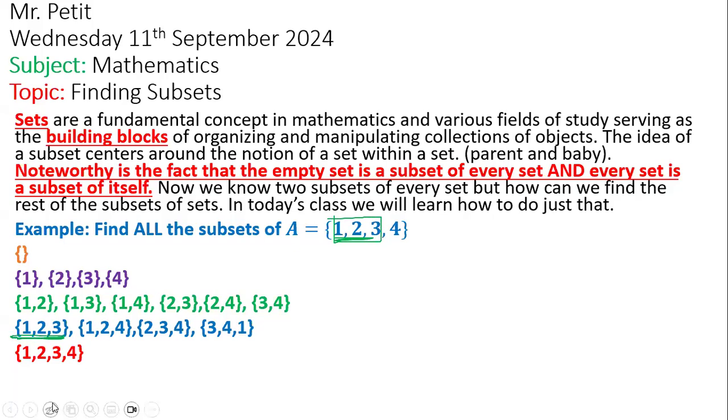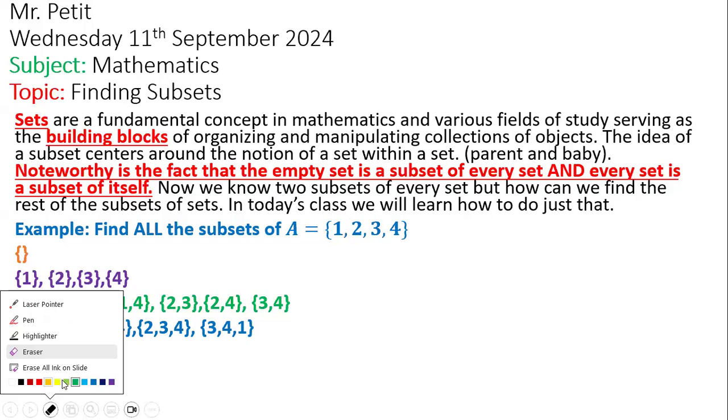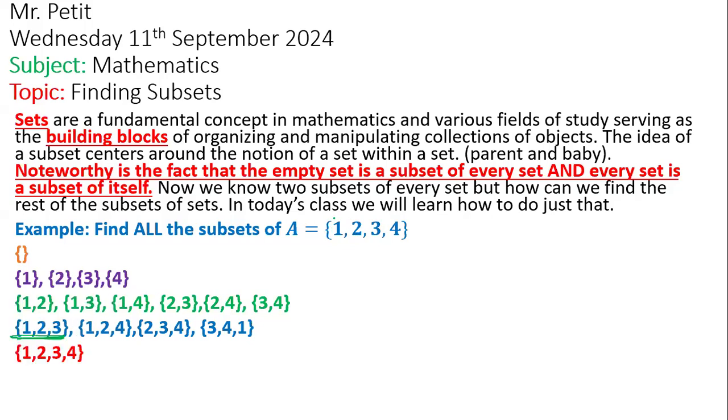And then let's do another one. We start at 1 and 2. So we keep 1 and 2, and we just include what? The first time we include 3. The second time I want to include what? 4. So I just do 1, 2, 3, and then I do 1, 2, 4. All right, so that's why I get 1, 2, 4.